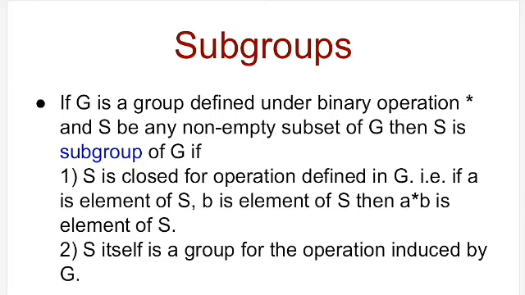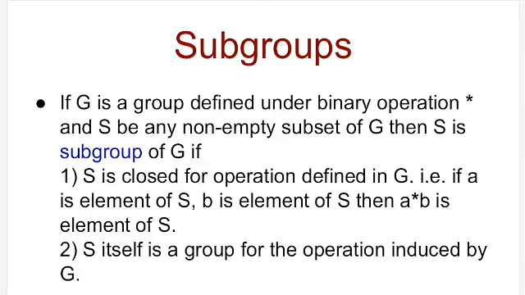It is any non-empty set which satisfies the four properties: closure property, associativity property, existence of identity element, and existence of inverse element. Okay, so any non-empty set which satisfies all these four properties is a group. Then we saw the two types of groups, which were abelian and non-abelian. The group which satisfies all the four properties with commutative property is abelian, and the group which does not satisfy the commutative property is a non-abelian group.